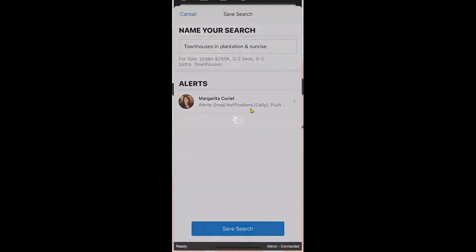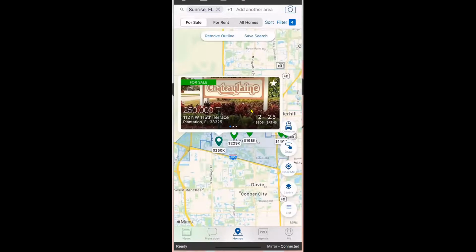Okay, so I'm going to go ahead and save my search. So I saved a specific property, a specific listing, and I also saved a search. Where would I access this information later? If I tap on Me in the bottom right corner of the screen,